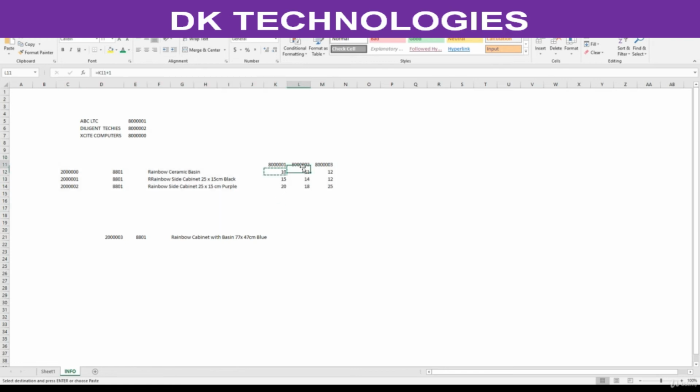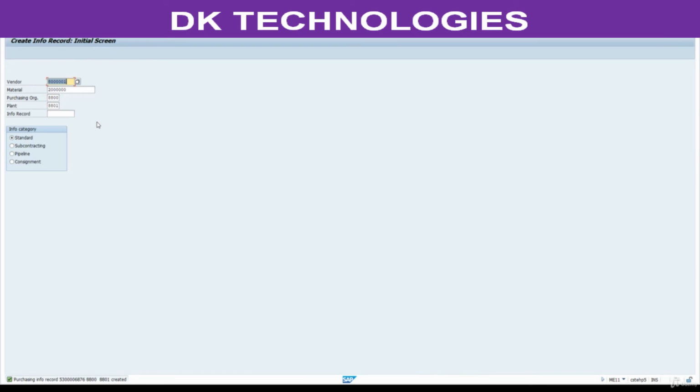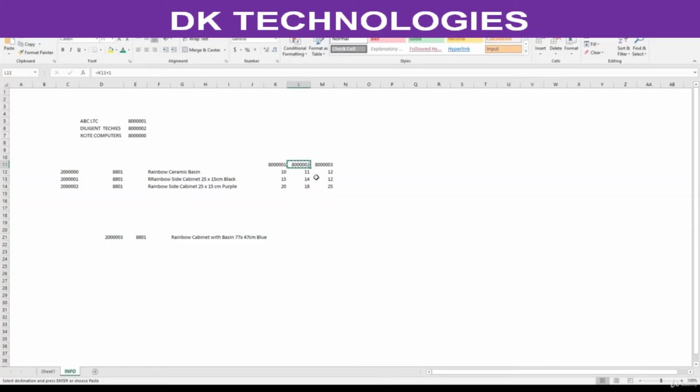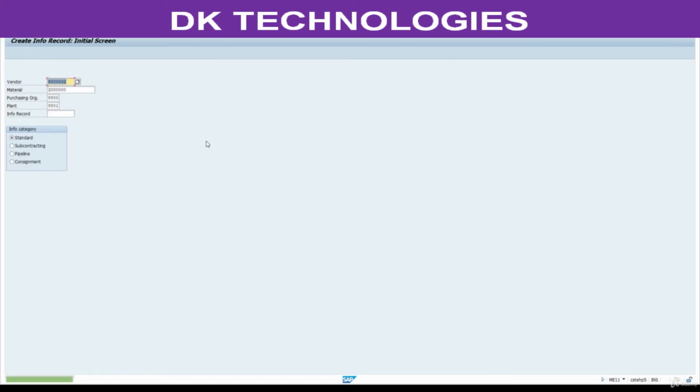Maintain for the other vendor. Copy this. Change the vendor. Press enter. Quantity 1, price is 11. If possible in the coming days, maybe at the end of the course, I will show you how to do this mass uploading. Press enter. Save this.